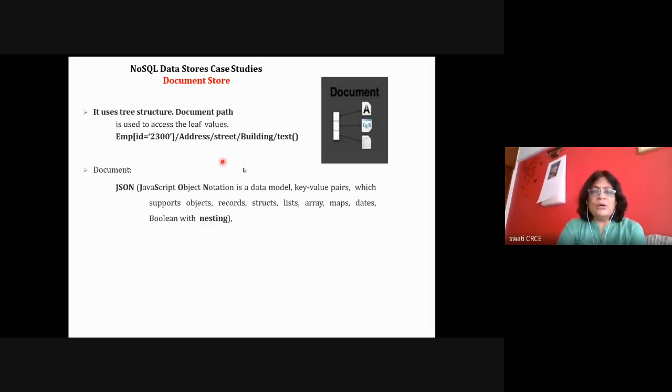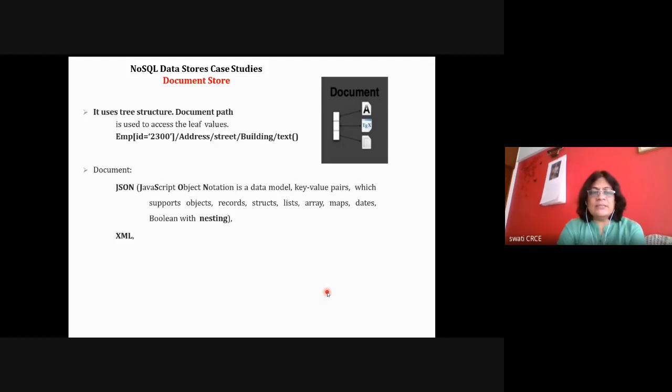For example, a document can be an XML document or a JSON document. JSON is JavaScript Object Notation, a data model with key value pairs which support objects. Your value can be an object or record or structure or list or array or map or date or boolean or a string, and even a nested document.